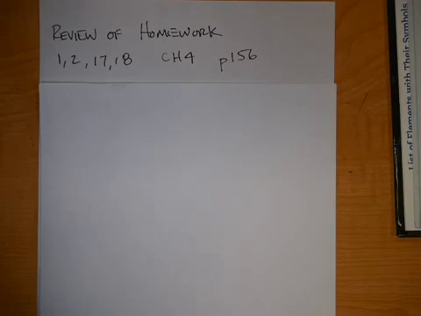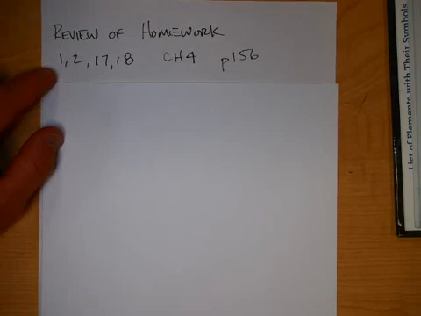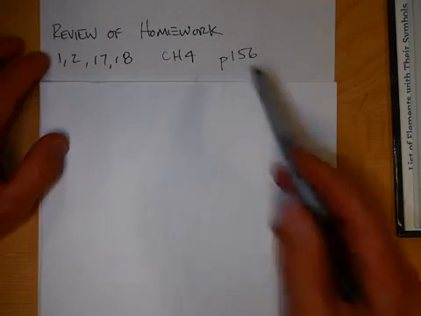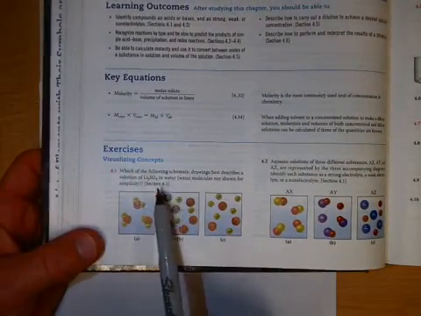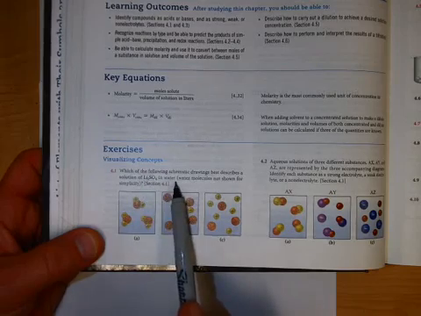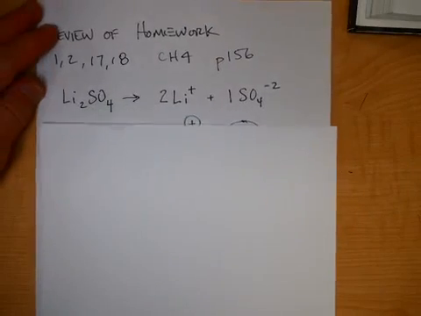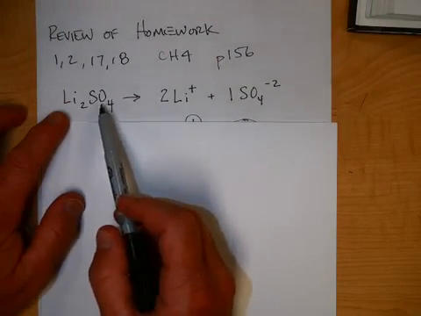This is a review of the homework from Chapter 4, numbers 1, 2, 17, and 18, page 156. Number 1 first asks you to identify which best describes lithium sulfate in water. Now, lithium sulfate is an ionic compound with a metal and a nonmetal, or a polyatomic ion, and when it